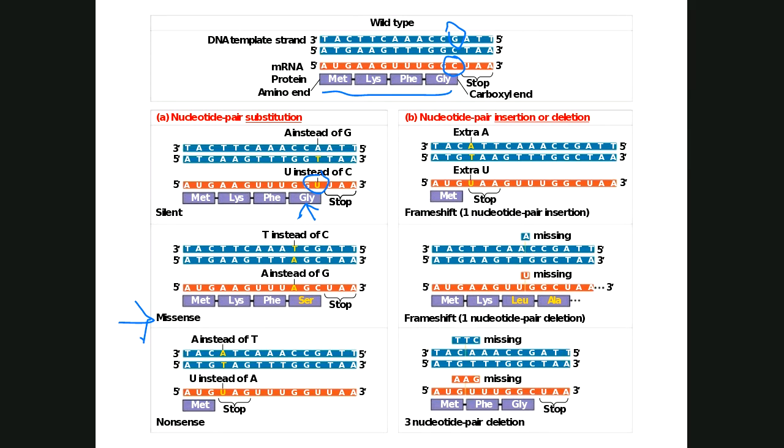Now, the other ones on the other side are going to be talking about nucleotide pair insertions or deletions. So instead of a substitution, we're going to do something that screws up the order in which these are read. Again, we haven't talked about this yet, but we will. These letters down here are read in groups of 3. And so if you insert, like that adenine that's being inserted, you shift the frame because you read 3,